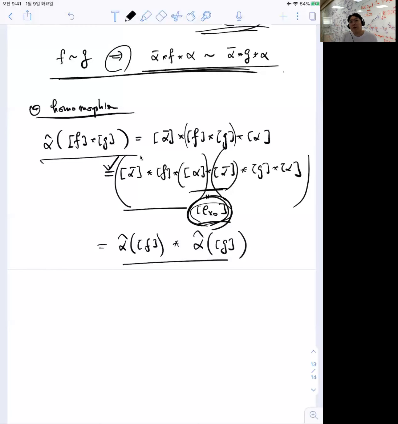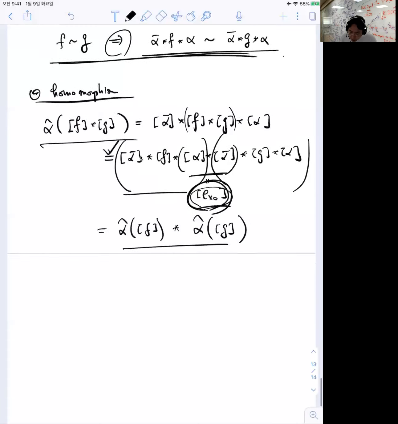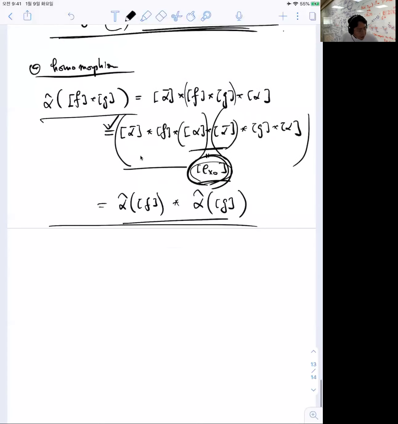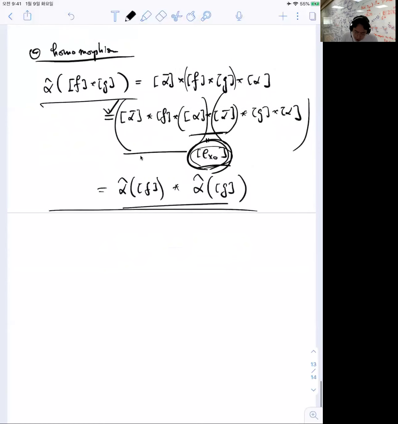So when we talk about the loop space at x0, the path homotopy class of the constant path at the base point is the identity of this group. So that shows that alpha hat is a group homomorphism,